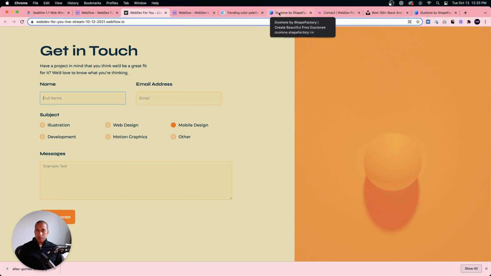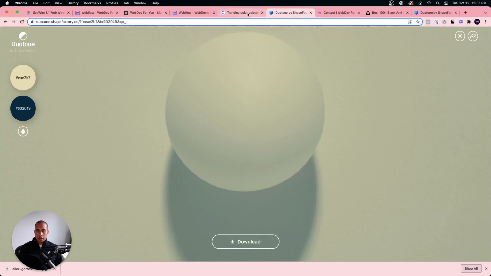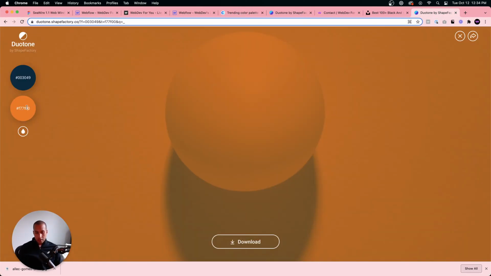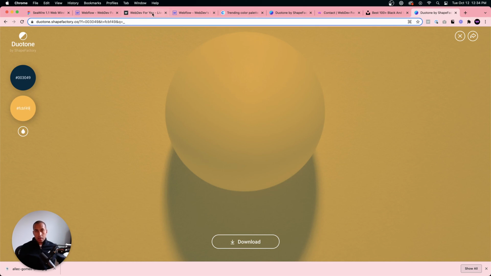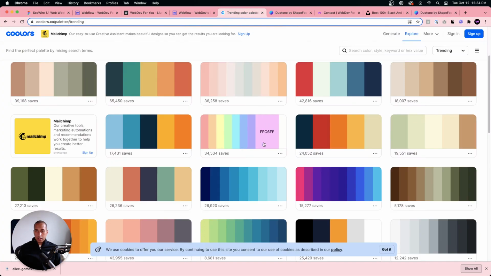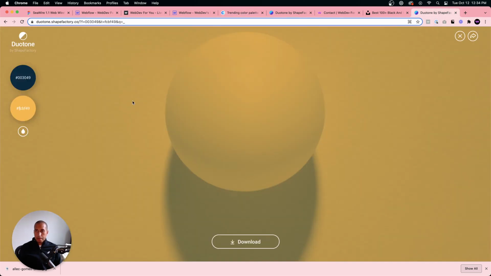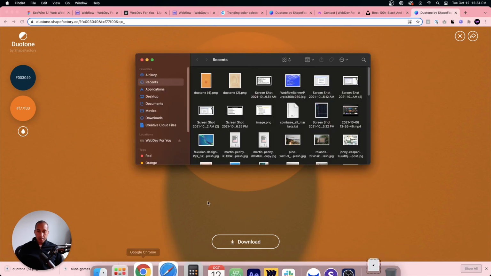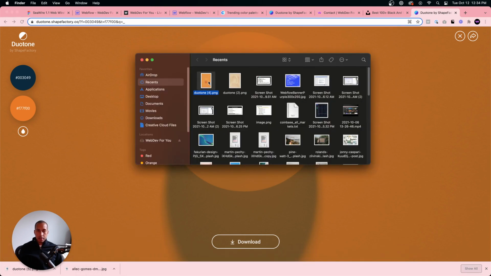I must have used a lighter orange, I'm thinking. Maybe this one. Is that what I used? No, I used the regular orange. I guess it's just a little bit bigger here. Okay, so that's how I did that. Then I downloaded it. I resized it, and I might have passed it through a compression, but basically it's this image here.